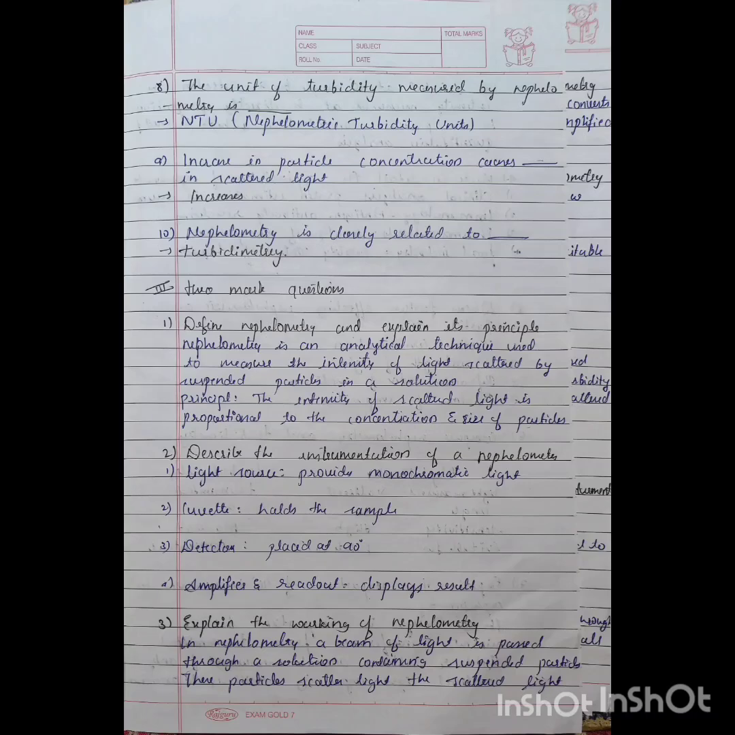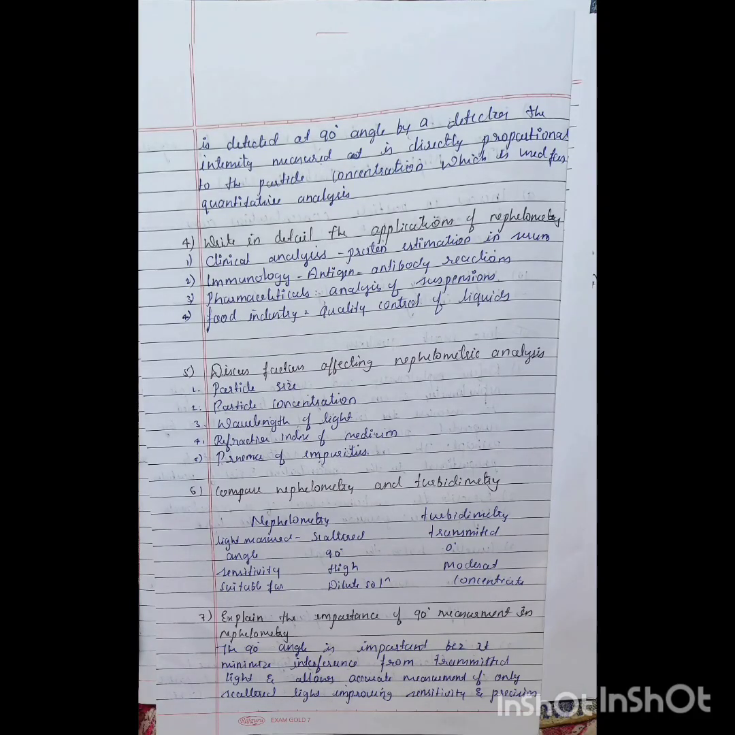And the third one is, explain the working of nephelometry. In nephelometry, a beam of light is passed through a solution containing suspended particles. These particles scatter light. The scattered light is detected at a 90-degree angle by a detector. The intensity measured is directly proportional to the particle concentration, which is used for quantitative analysis. And the fourth one is, write in detail the applications of nephelometry. The applications are clinical analysis for protein estimation in serum, immunology, antigen-antibody reactions,